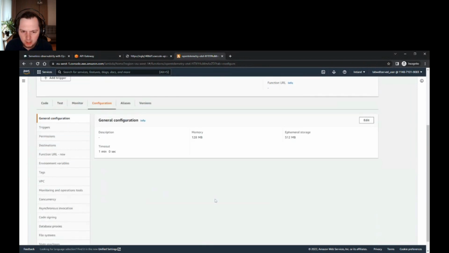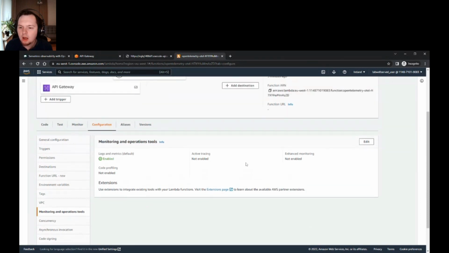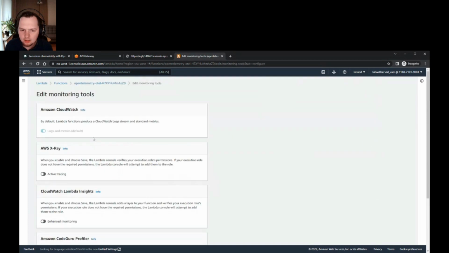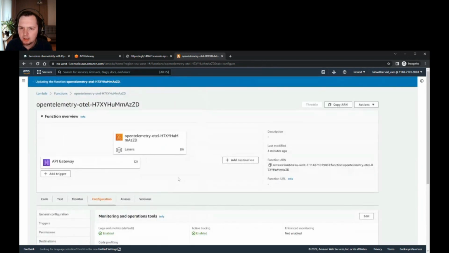So in the configuration, in the monitoring and operation tab, I will edit that setting and I will activate X-ray tracing. It's not OpenTelemetry at all. It's X-ray only. But let's save that.